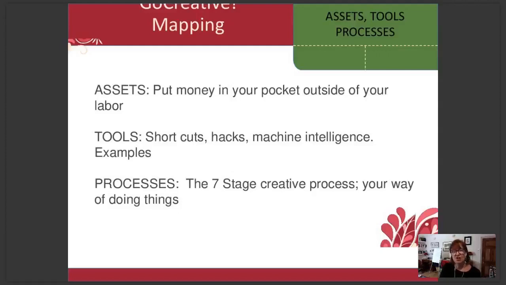It's the understanding of what an asset is. An asset essentially is something that will put money in your pocket when you're not actually working. So you're not trading time for money. You've created an asset that goes out into the world and generates income for you when you've moved on to making or doing something else. And we'll talk a little bit more about the different kinds of assets that you're building as a creative entrepreneur in a minute. But it's very important that you get that distinction. The simplest way to think about it is an asset puts money in my pocket outside of my labor. I'm not trading time for money.